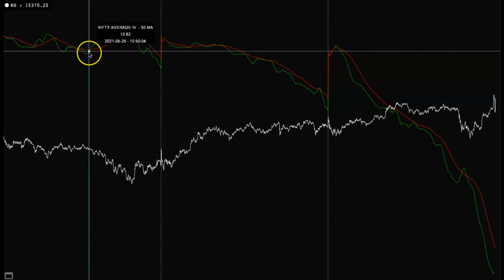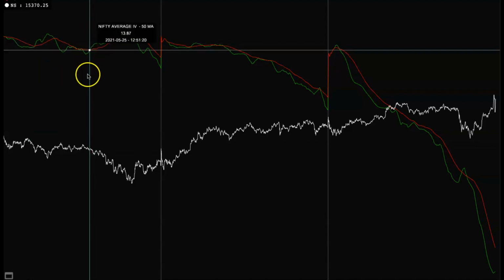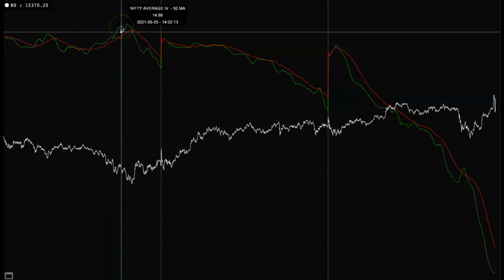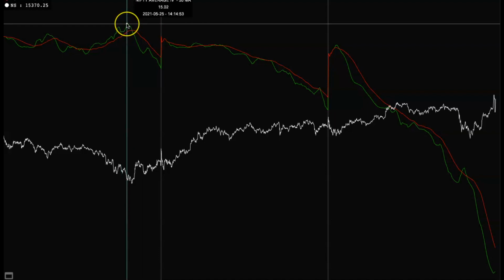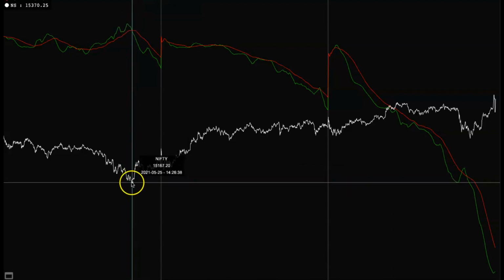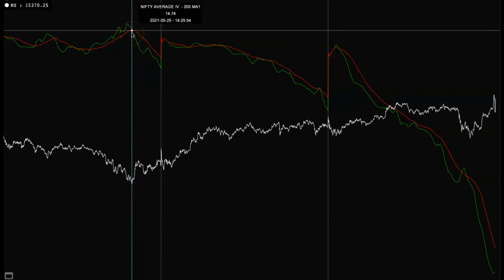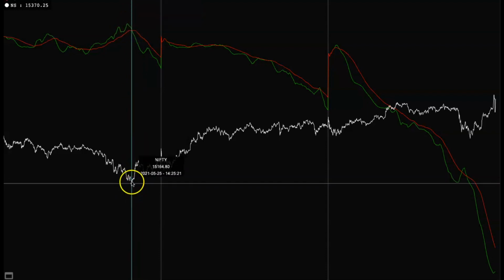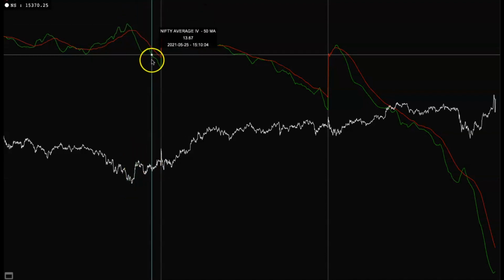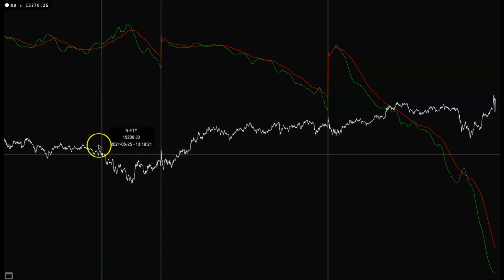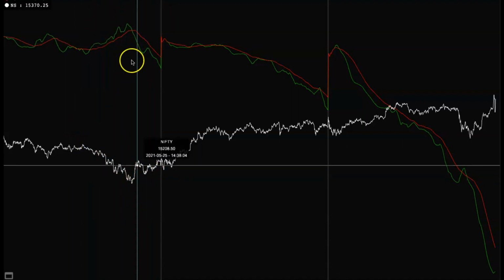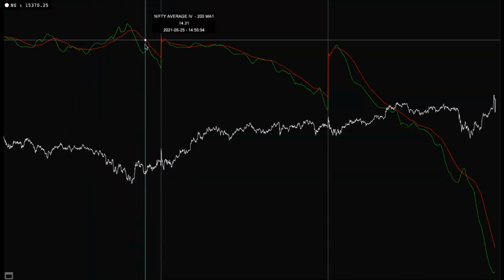For example, here the green color went above the red color and the market is falling. As the market is falling, the IV is spiking and it is giving good profit in the long straddle, long strangle. And again, when the green is touching the red color, that is here, you book your profit. As soon as the profit is booked, you can see the market is recovering and the IV is crashing. This concept I have explained before as well. Here the concept is: the market falling, the IV is spiking; the market is reversing, the IV is crashing.